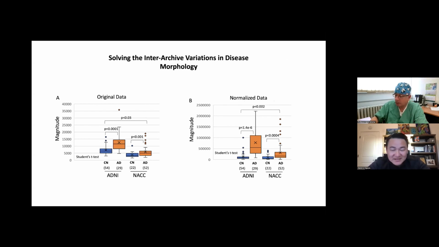And so normalizing the data allows us to then develop a model that works across multiple data sets that were captured at different times by different laboratories from different parts of the world, right? Representing different demographics of people. And so this method has allowed us to now develop a model that works across 3 different data sets, which